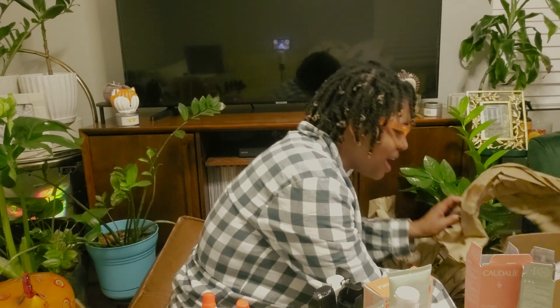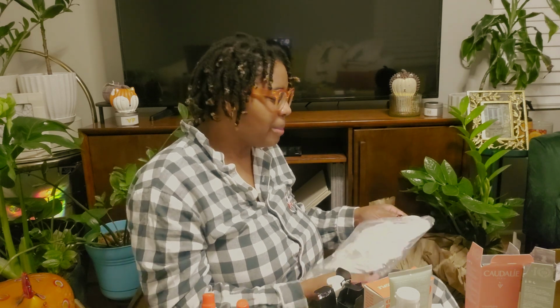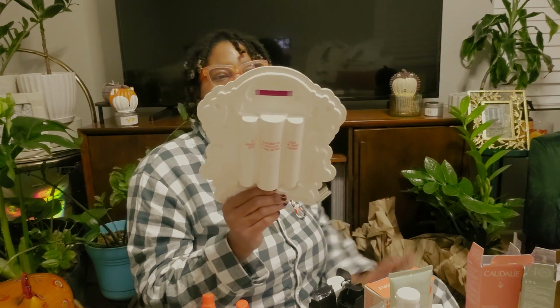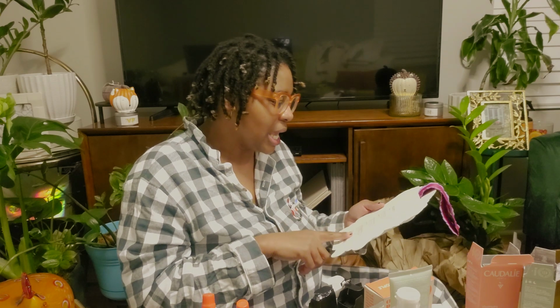Now, I have one more thing in here. And this was absolutely not on my list. Never thought about getting it. But my friend was talking about how the girls are talking about this perfume by, what are they even called? Glossier. So I have heard about the You, and it's the one that a lot of people don't necessarily like because it's supposed to smell like you. So a lot of people think it smells bad, but it's supposed to mix with your body chemistry. So some people may not like it because it's going to smell like you. But she was saying she likes that